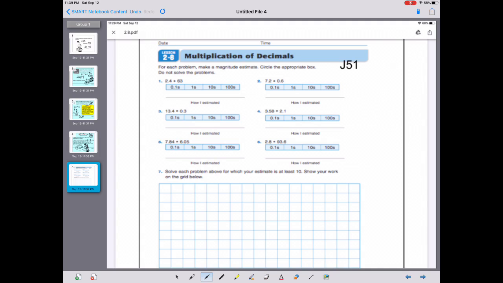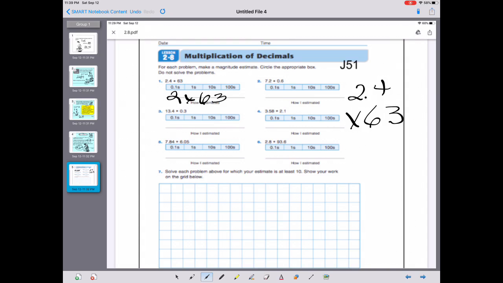On this page, journal page 51, they're only going to have you do the magnitude estimates and then put your answer and circle which of the boxes it goes in. So let's do one together. The first one is 2.4 times 63. So 2.4 is closest to 2 times